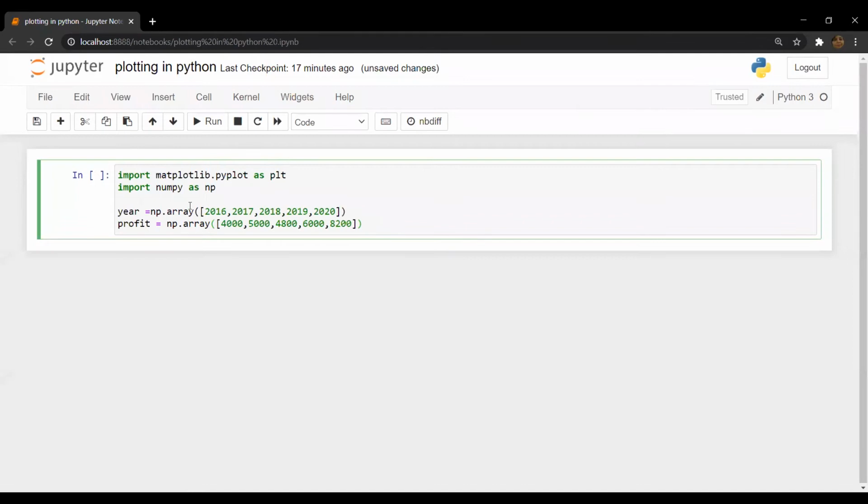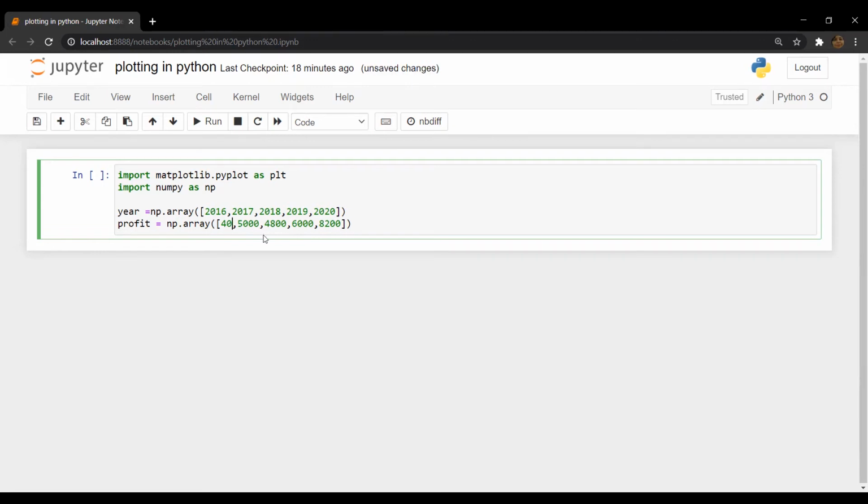These are my two NumPy arrays, and if you want to see how to create NumPy arrays and what the NumPy package is, you can check out my tutorial videos. I have two NumPy arrays. One is year, and it has some years, and the other one is profit. There is some profit in millions and billions. Whatever your data is, we will see how we can use it.